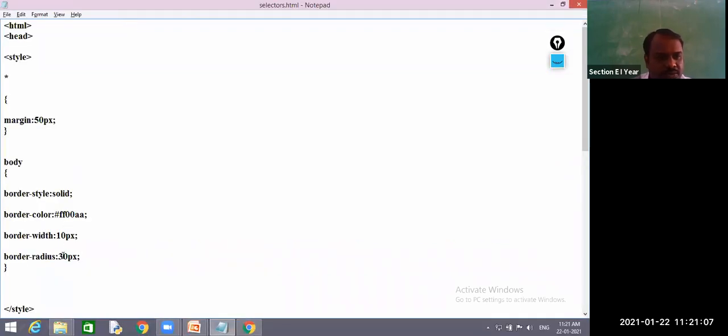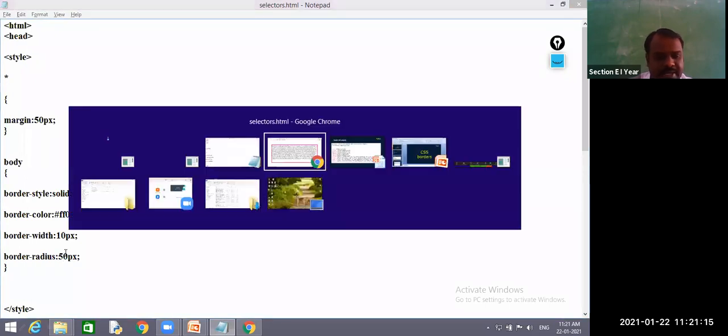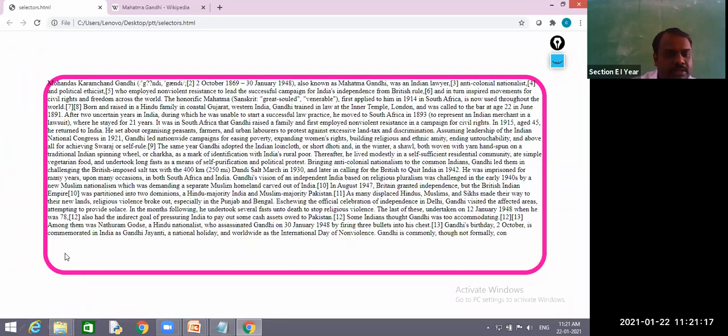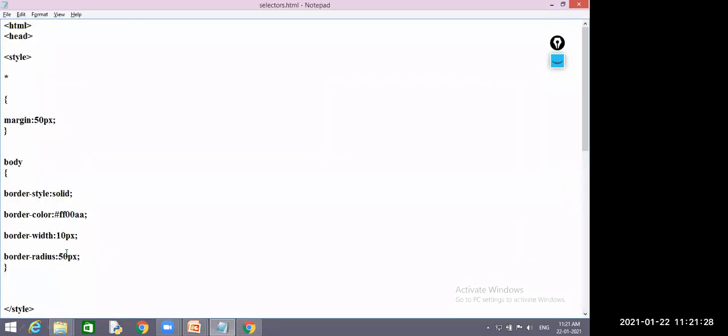What happened? 30 is very small. I will give 50 pixel, and I have saved this one. So did you see this curve? Yes, hello, sir. Can you see the curve? Yes, sir. For example, if I increase this 50 to